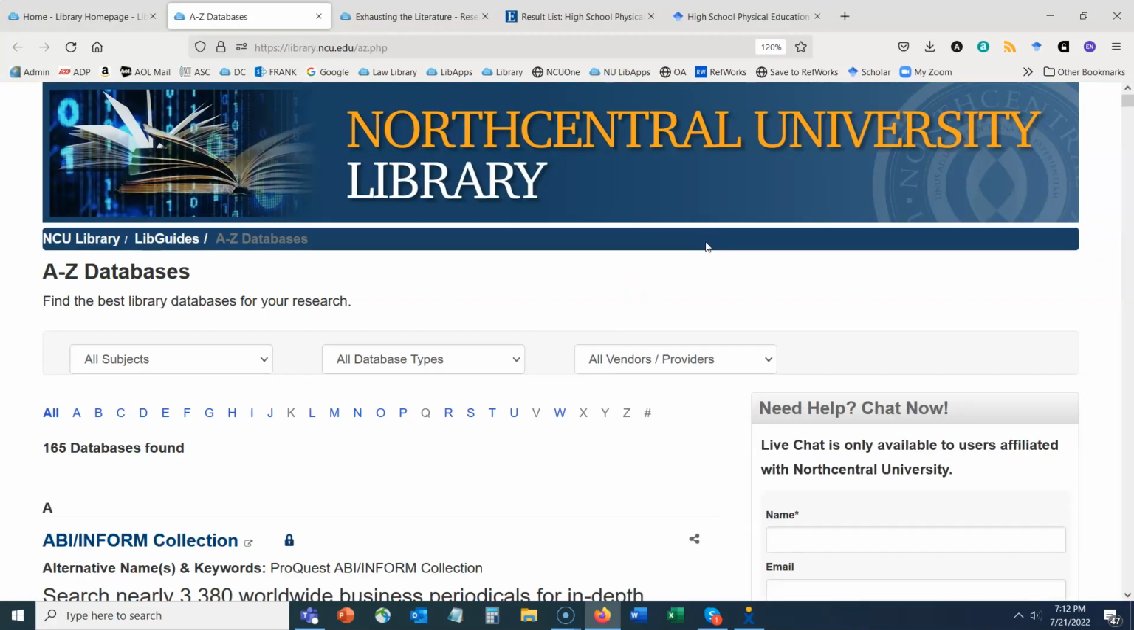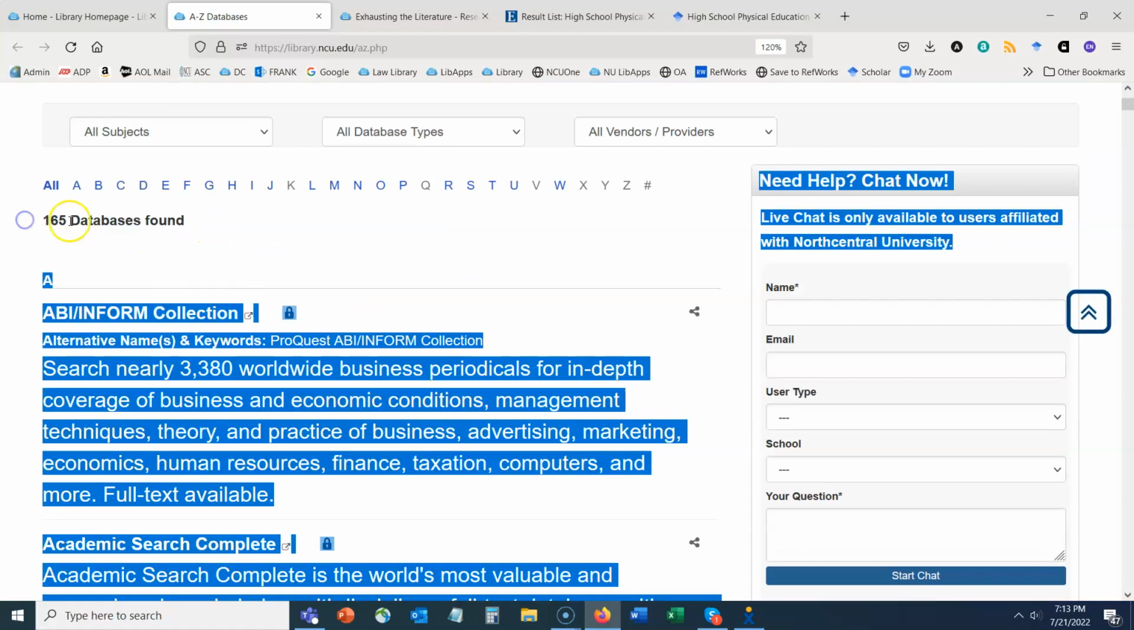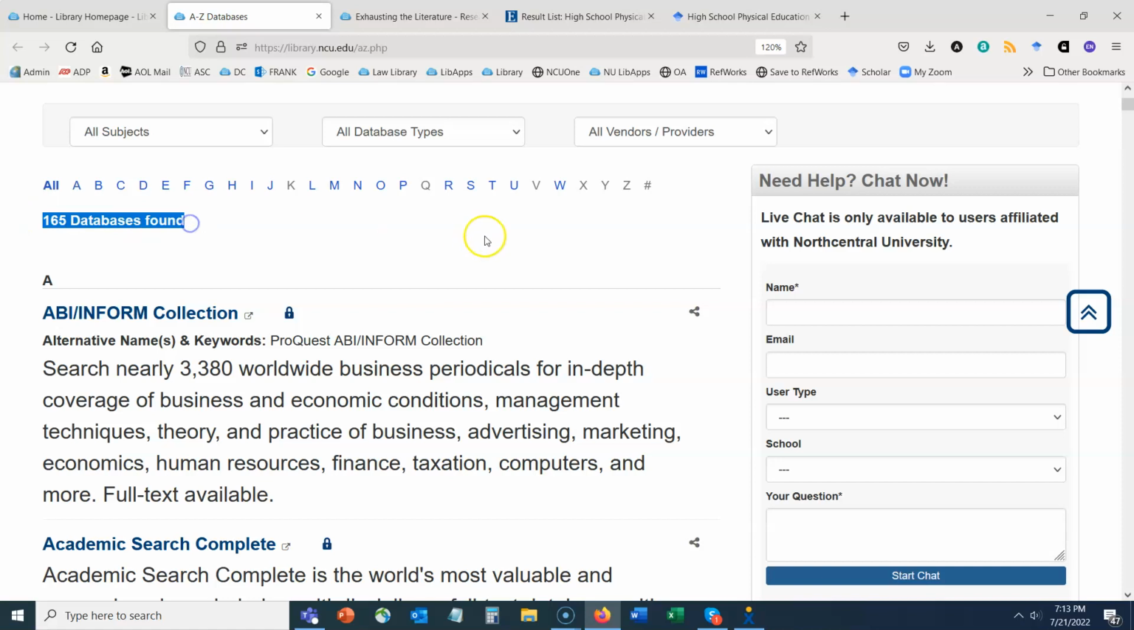This is going to present you with all of the library's subscription databases, as well as a few non-subscription or open access databases like ERIC and PubMed. But for the most part, this is all subscription paid content. And we do have a pretty overwhelming number of databases, but we try to make it easy for you to